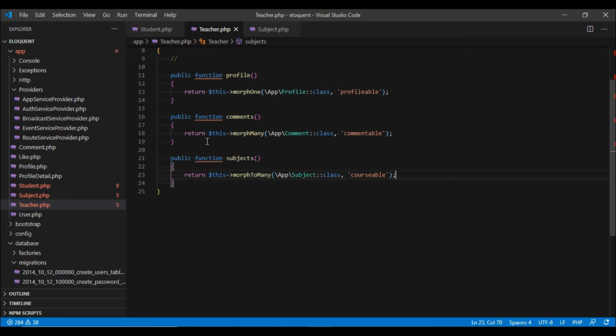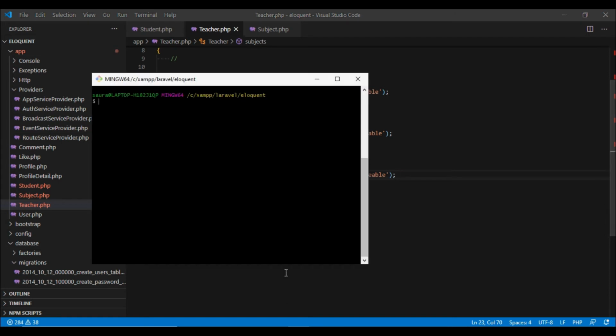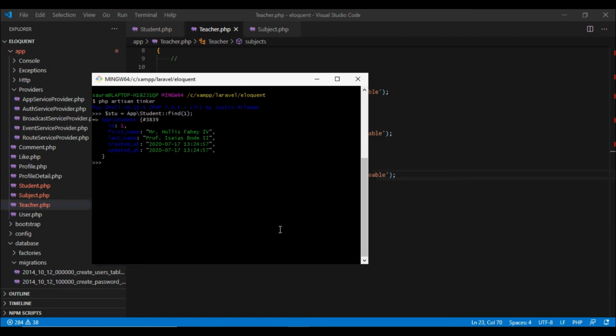Now let's see how we can save this data to many tables. We will go to Tinker. We are going to fetch student, and now as we discussed in many-to-many relationship, we can use the same attach method to attach subjects to this student.